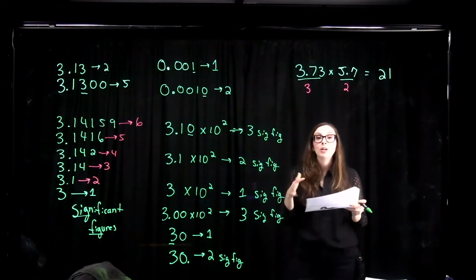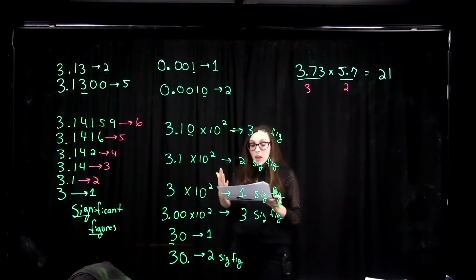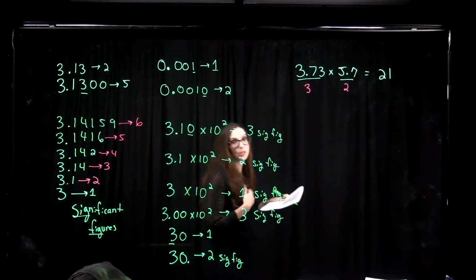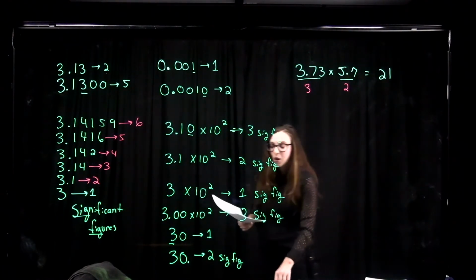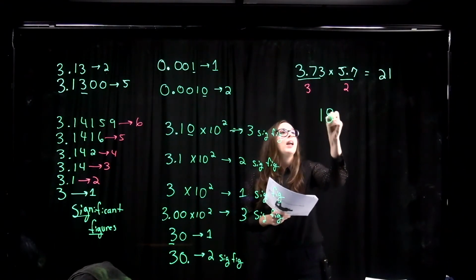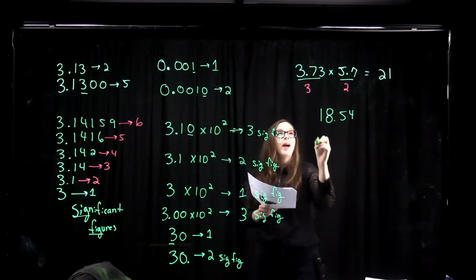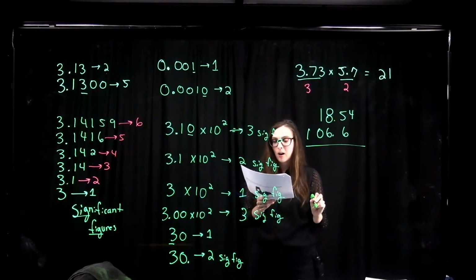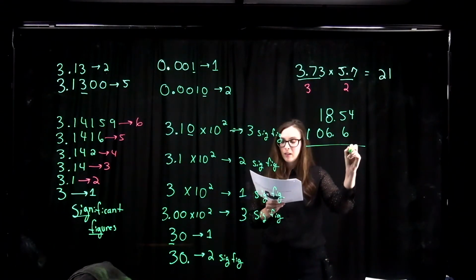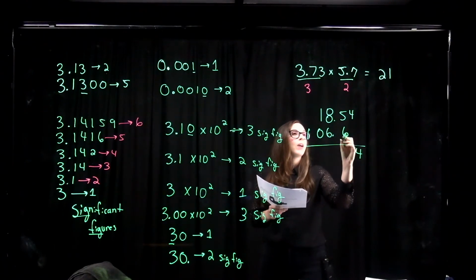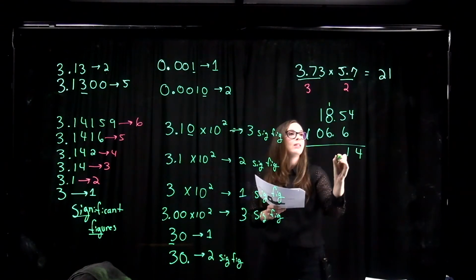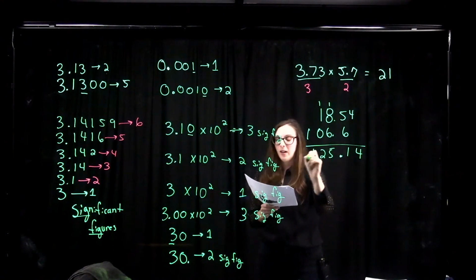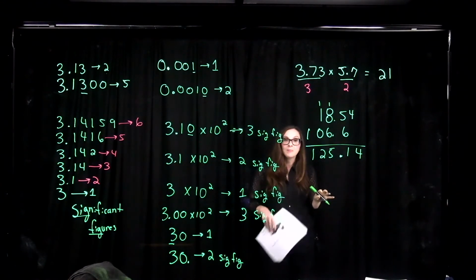Now, whenever we add or subtract several numbers, the number of decimal places should match the smallest number of decimal places of any of the numbers used in your calculation. Okay, so for example, if we have 18.54 and we're adding it to 106.6, and if we do our addition down, doing it the old school way, so my formal answer is